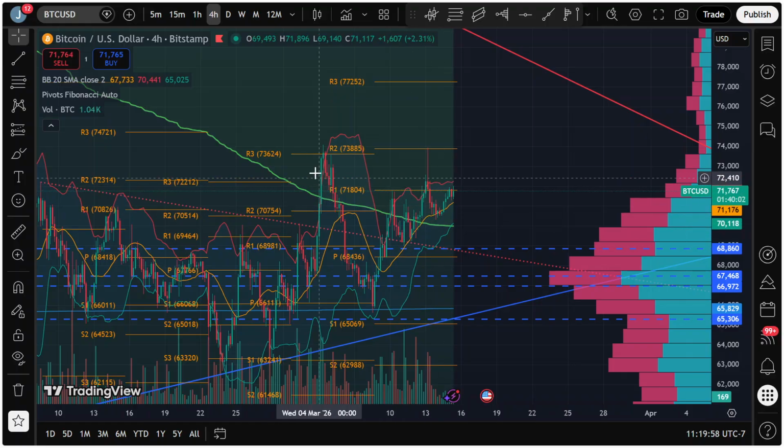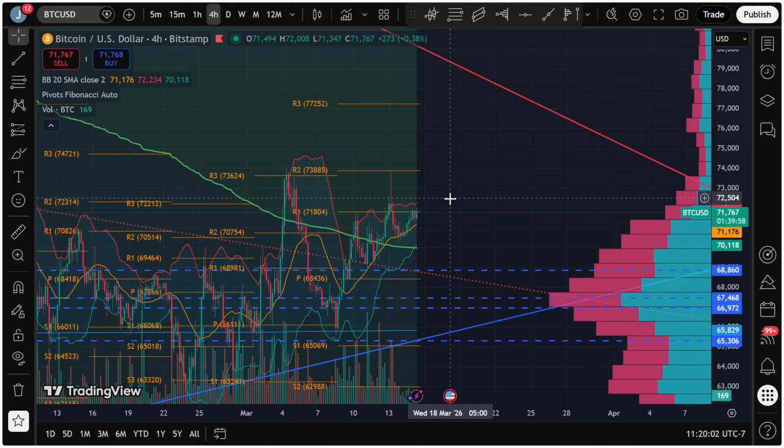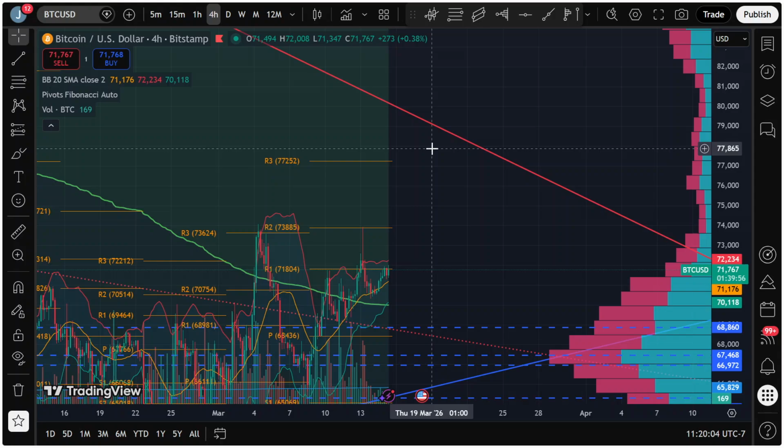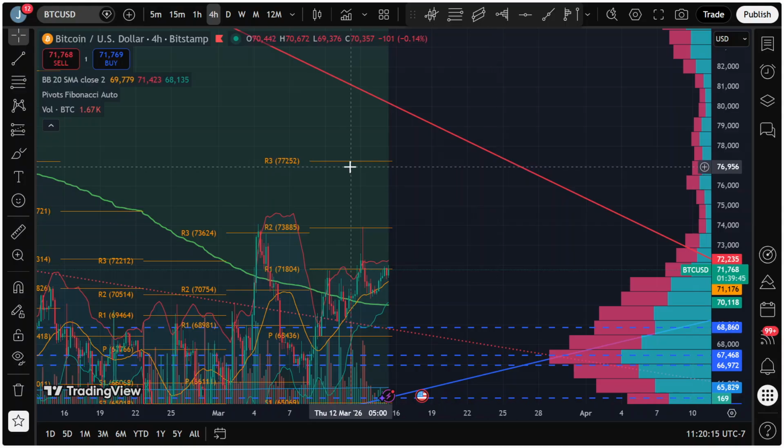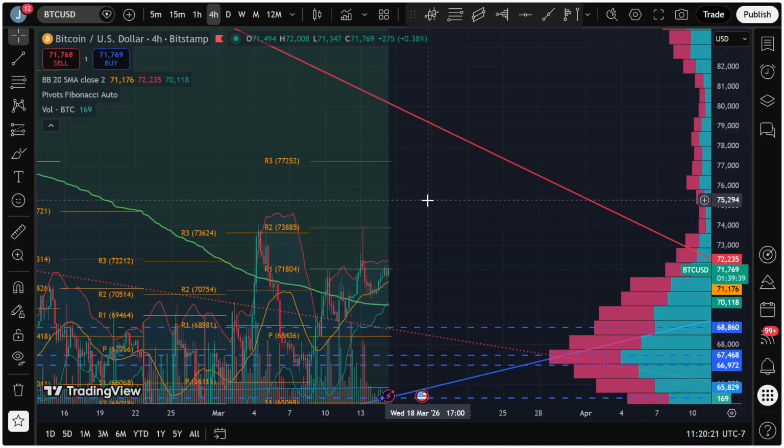This is a lot healthier than this was. This has more hope that we can stay above it, and if we can stay above it, then we're going to continue until we get towards this trend line, which is probably right around this Fibonacci pivot. 77.2K, I would imagine, is around the time where we interact with that. And again, on the higher time frames, I believe that is 76.2K, which we will go over shortly.